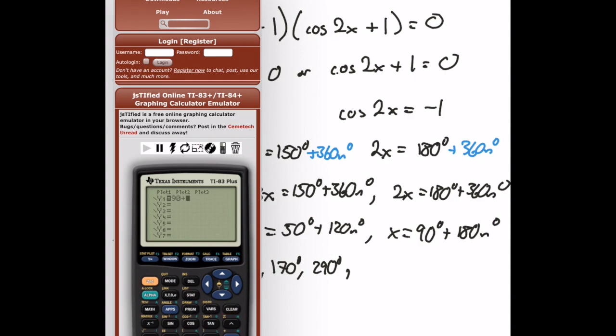We got 90 plus 180x. So when x is 0, it should be 90. We got a 90. When it's 1, it should be 270. And we get our 270. And then 2, I think is going to be too much. Yeah, 2 goes outside. Okay, then the only other thing we need to do is check all of these results